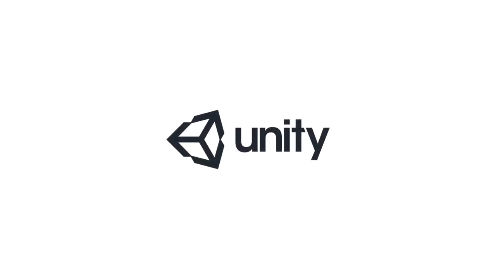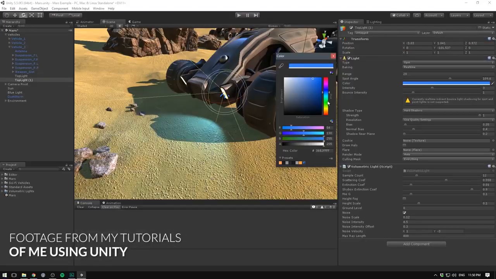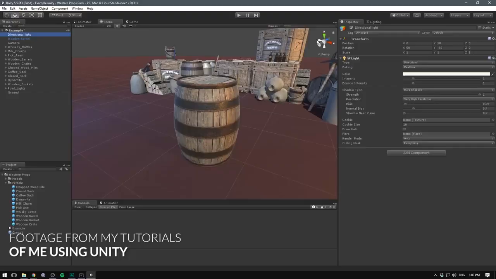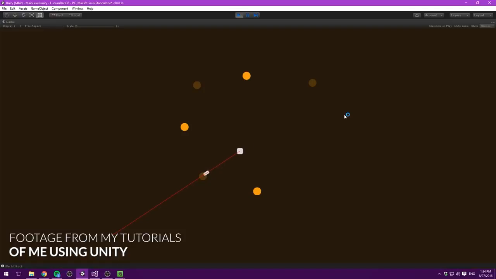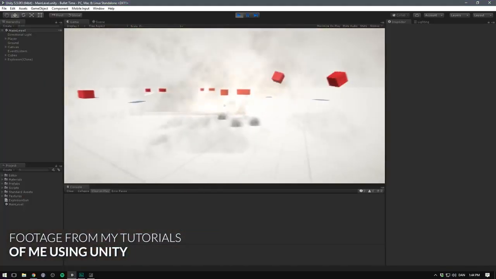Now some of you might know that I'm a bit biased here. After all, my entire YouTube channel is built around Unity, but I do believe that Unity is the perfect starting point for most developers. This is not because it does everything perfectly, no engine does, but because of its diversity. Unity supports both 2D and 3D games and deploys to the web, desktop, mobile and console. Also, when programming in Unity, you can choose between C# and JavaScript, two widely adopted programming languages. So what you learn in Unity can easily be applied to other environments later down the road.